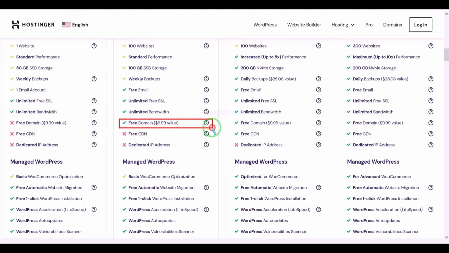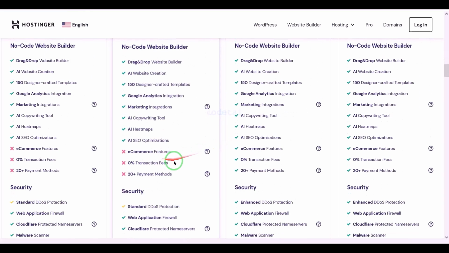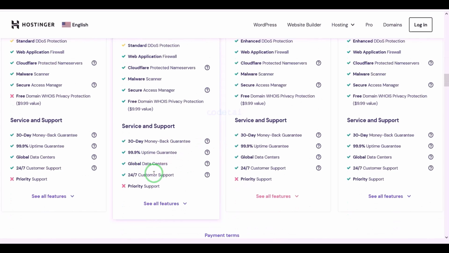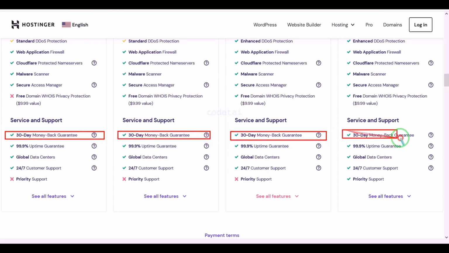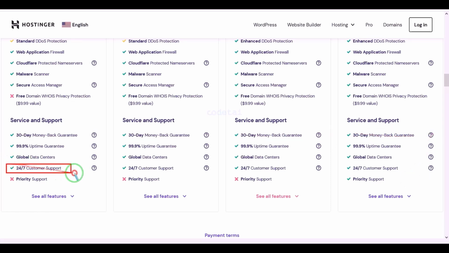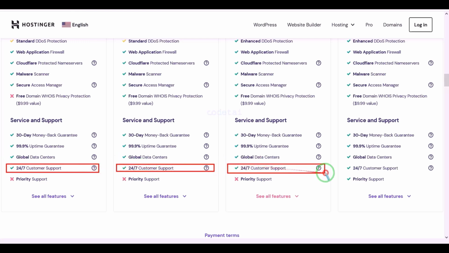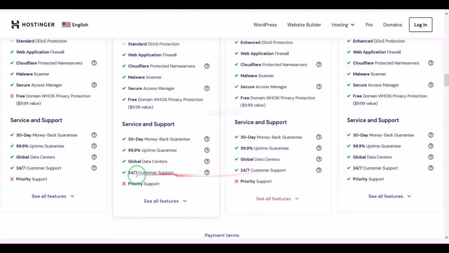You definitely get a free domain with these packages. Also, you get many more features with these packages. You get 30 days money back guarantee with every package. If you don't like your domain hosting within 30 days, you can get your dollars back. Also, you can get 24 hours technical support from Hostinger. Or you can get direct support from us. You will find all our contact information in the video description.